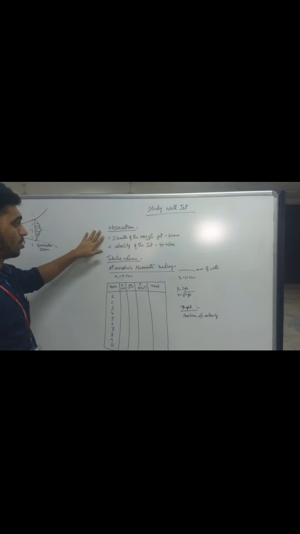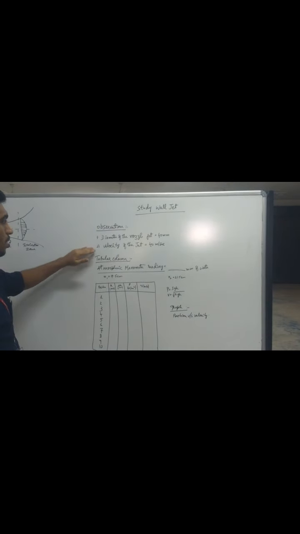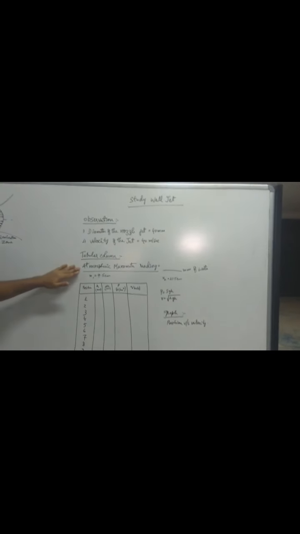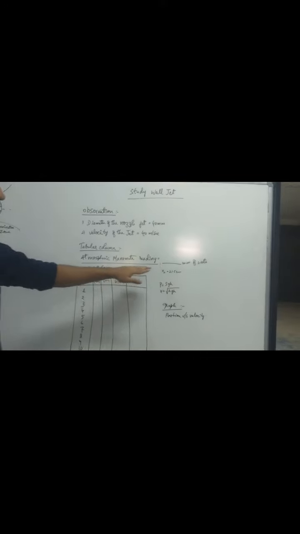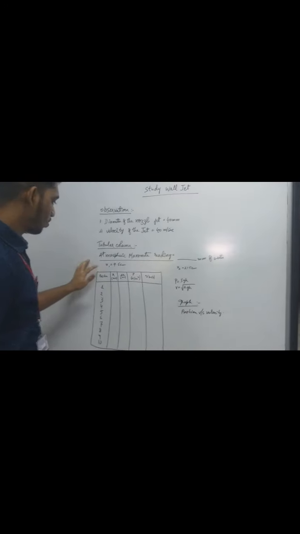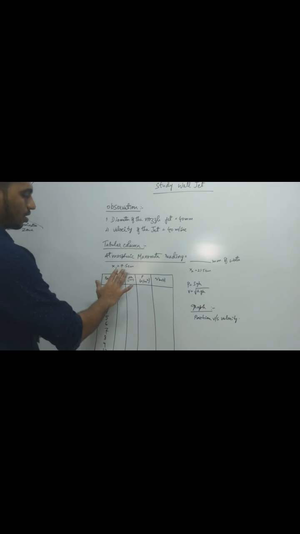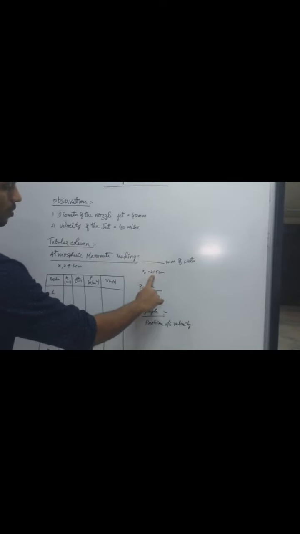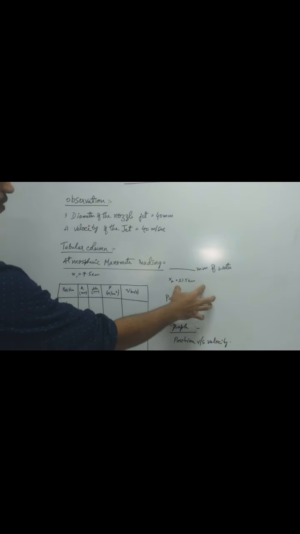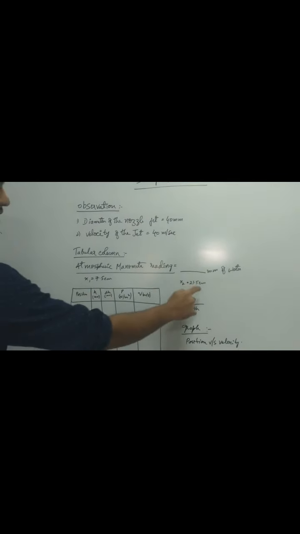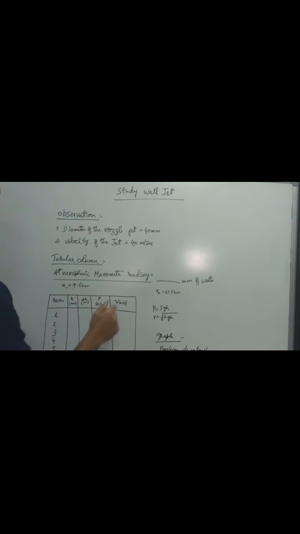The diameter of the nozzle jet is 40 mm. The velocity of the jet is 40 meter per second. And the atmospheric manometer reading, we have to calculate that. Now, there are 2 positions in this, x1 and x2. This is 21.5 centimeter away from the nozzle, and this is 7.5. This is closer and this is far from this.